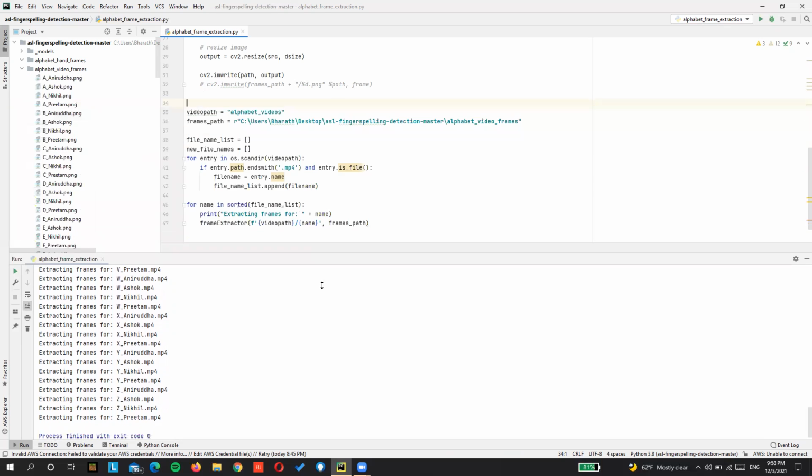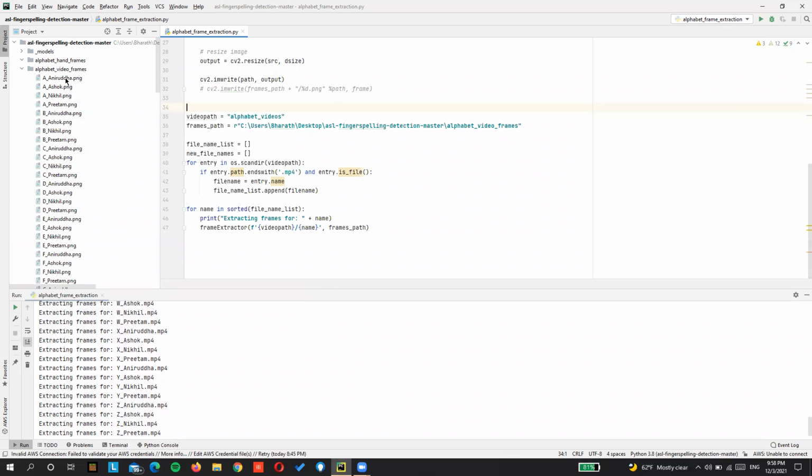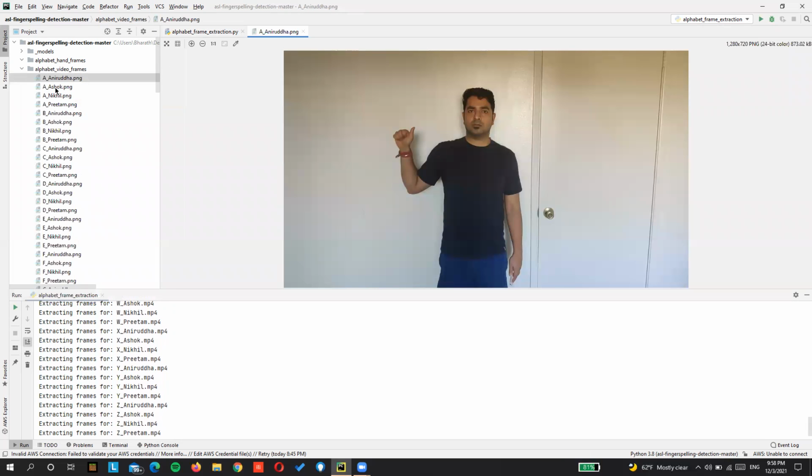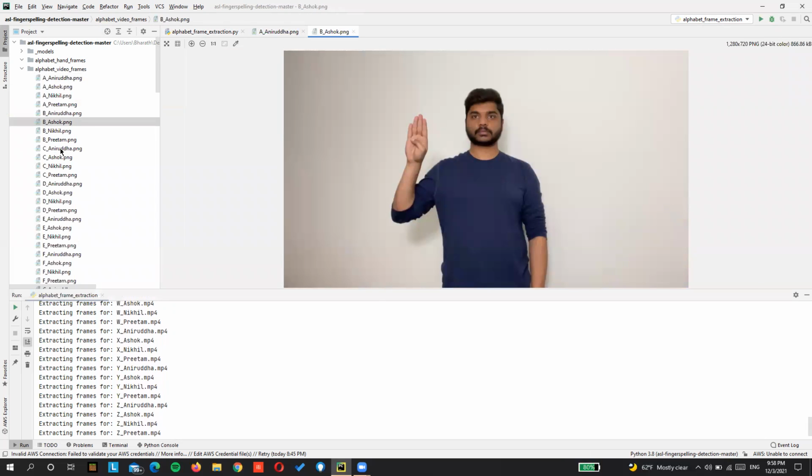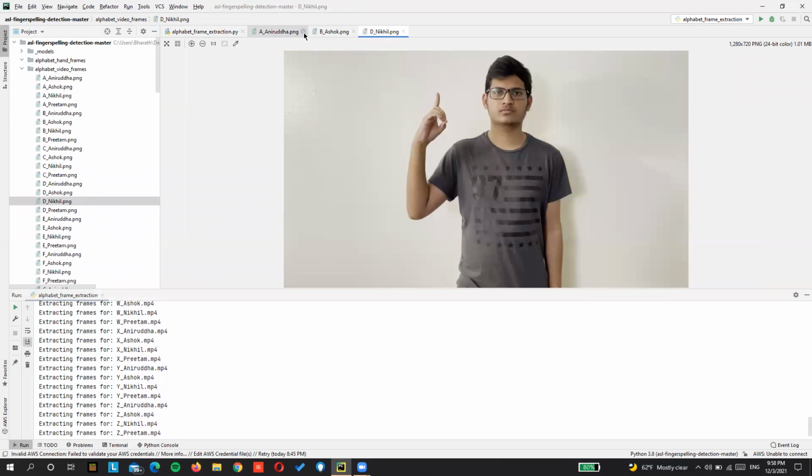All right, so once that is done, we can see that the frames are extracted for all the videos. So this is how the frames are extracted using the frame extractor file.